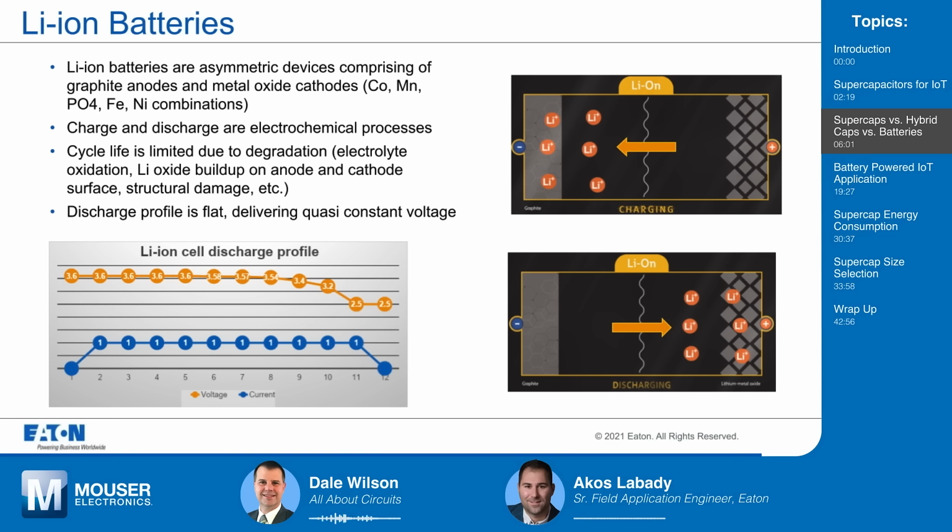That flat discharge profile is certainly a key reason that lithium ion batteries have found such universal use, because you just plug them into a circuit and they run without any extra circuitry a lot of times. All right, so now most of our engineering audience has heard of both supercaps and lithium ion batteries, but what